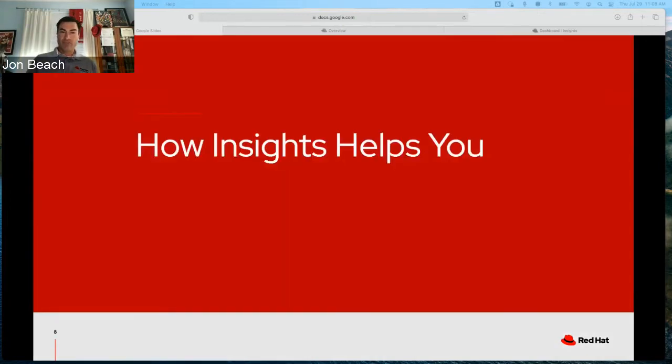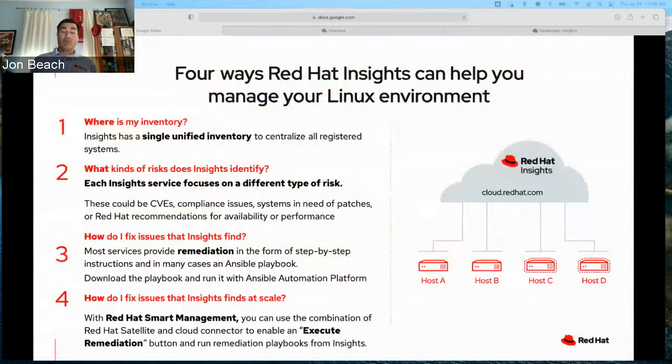So how does Insights help you? How does Insights help the FAA or the FAA program? For one, it helps manage your inventory, right? It gives you a single pane of glass to show you your entire inventory as long as everything's registered. Well, how do you register? I'll show you. And like I said earlier, it gives us